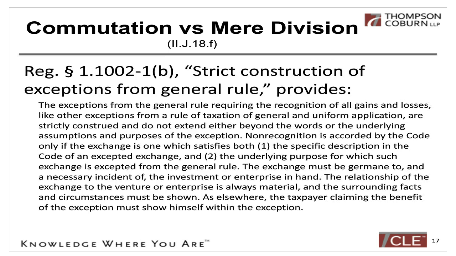So we have a different regulation, 1.1002-1(b), that has strict construction of exceptions from the rule. And of course, you can't read the slide as presented there, but hopefully you can print it out and look. What that says is that they will strictly construe any exception to recognition. So if you're going to do a sale or exchange and the taxpayer argues that there's an exception to having a tax, then we're going to strictly construe that. So the next slide.